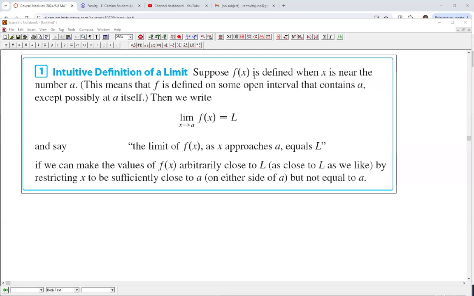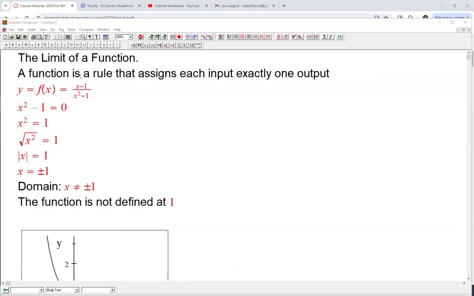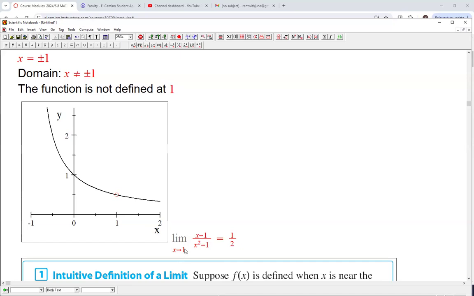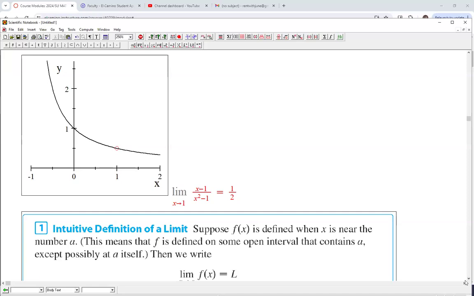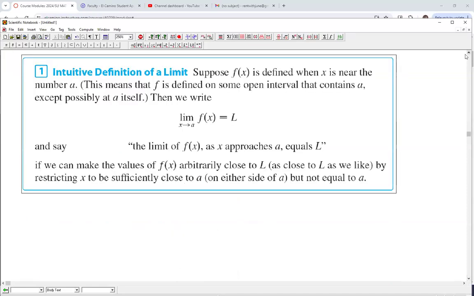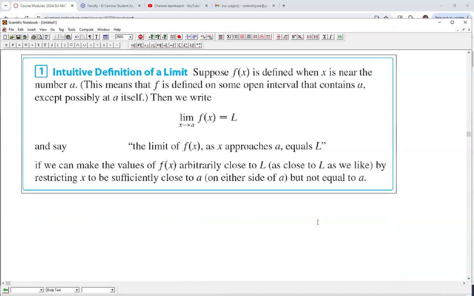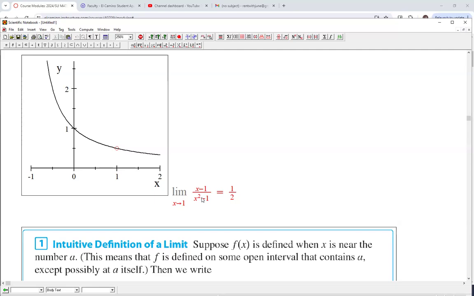Suppose f of x is defined where x is near the number a. So this function is defined everywhere except -1 and +1. And we observe the function's behavior in the neighborhood of 1, and we realize as the input gets closer and closer to 1, the output approaches a fixed number, which is 1/2. In this case, we say the limit of f of x as x approaches a equals L. In our example, we would say the limit of f of x, which is this function,